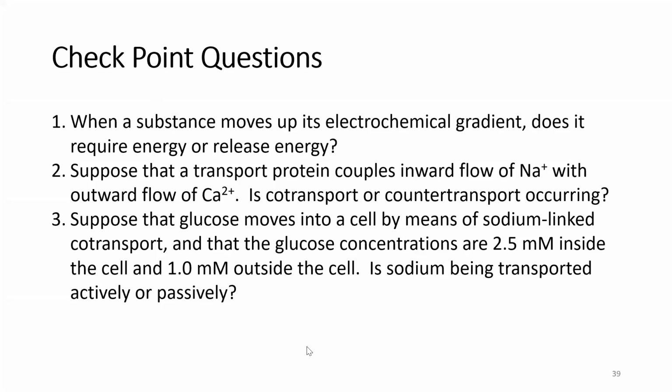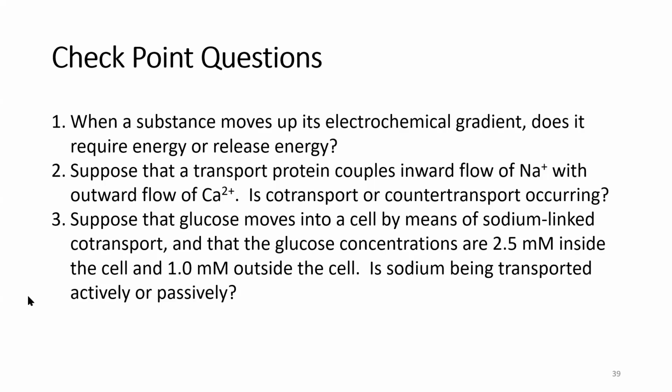Number 2 here, suppose that a transport protein couples inward flow of sodium with outward flow of calcium. Is co-transport or counter-transport occurring? It would be counter-transport because they're moving in different directions and they're not moving together in the same direction. Excellent, yes. So again, because of the opposite movement of these two ions, it's going to be counter-transport and not